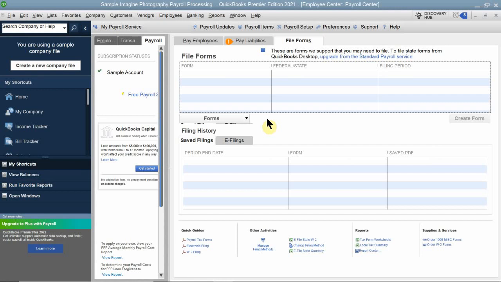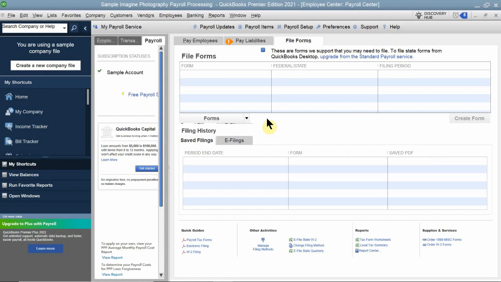Again, what this does is it helps you file your W-2 forms. It even helps you file for your 1099 forms, which in this chapter we don't really talk about. There is a whole section in chapter 14 about 1099 workers and what you do when you need to file the 1099 forms for them. But in this case right here, that's all I can talk about because, again,